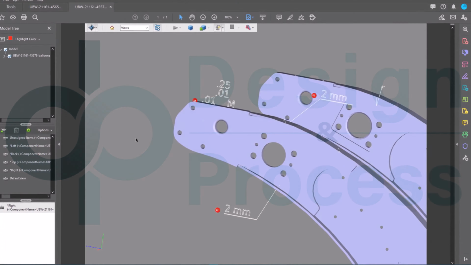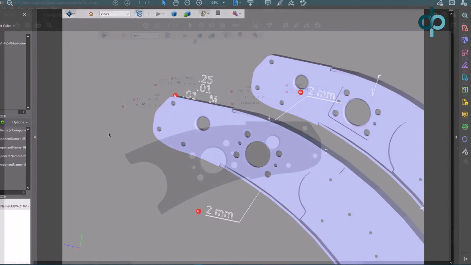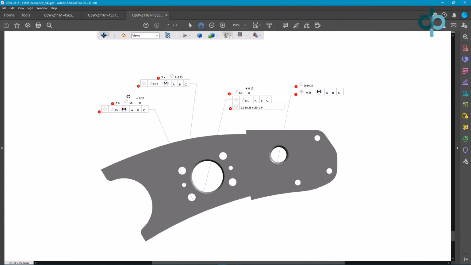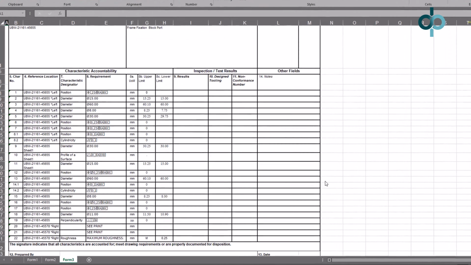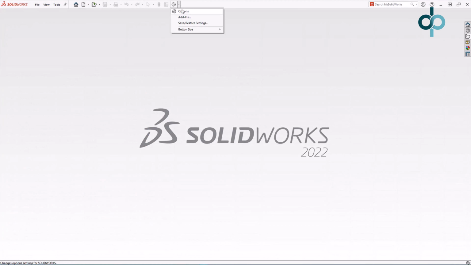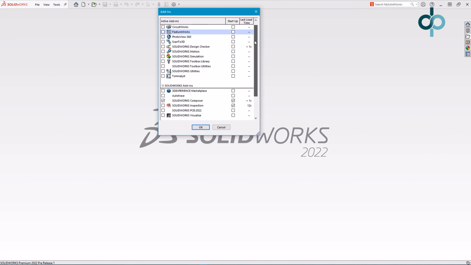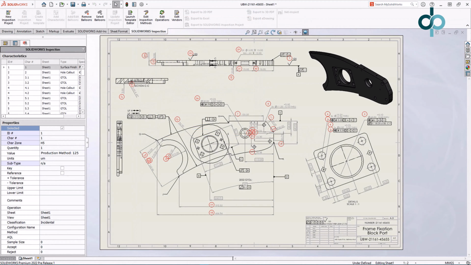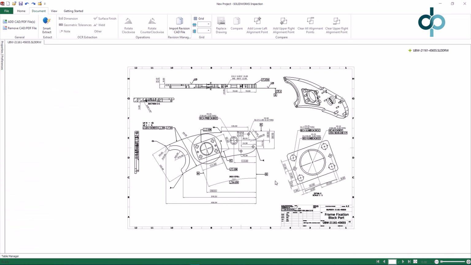Ready to learn SOLIDWORKS Inspection? In just one day, you can learn how to make the most of this incredibly powerful tool for part inspections and quality. Here's what you learn. In this hands-on training class, you'll learn how to use both the inspection add-in embedded within SOLIDWORKS and the standalone